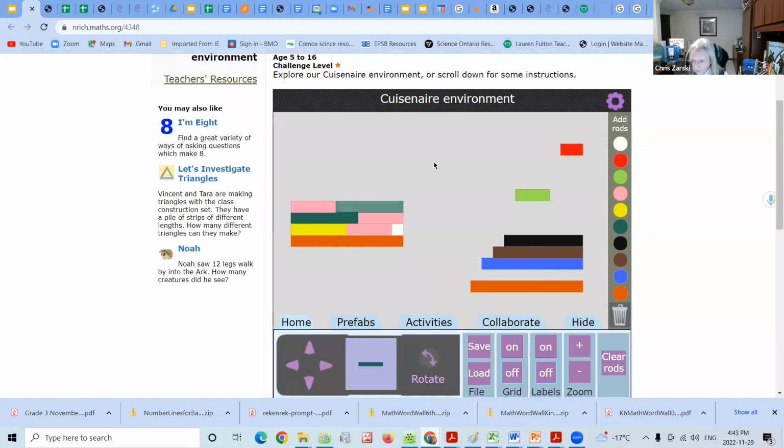I can add in a variety of different ways. If the students have never done Cuisenaire rods or haven't actually done multiple additions of different numbers, this is actually a better place to start because I get a visual of just playing with a tool. I don't have to concentrate on the number. Right now, I'm just concentrating on the color.